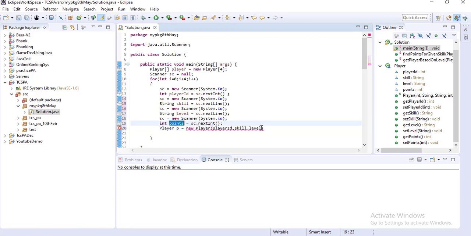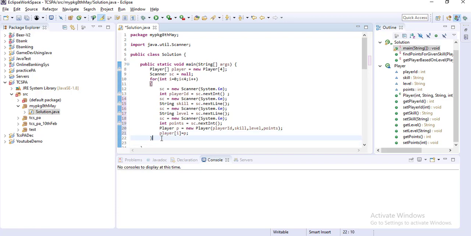In this way we are creating the player object, and this object we will store in the player array. My array name is player, then player[i] equal to p. In that way I will create 4 player objects and store them in the array index.